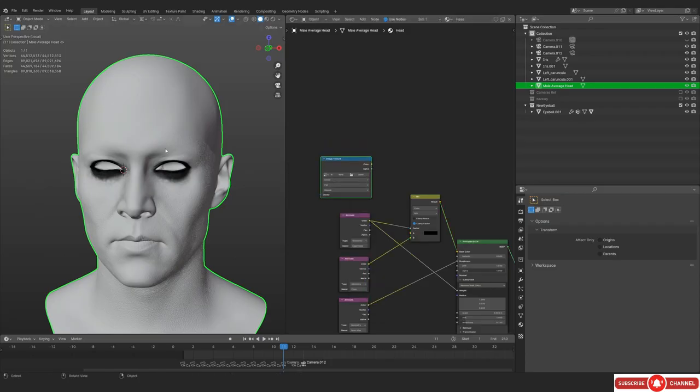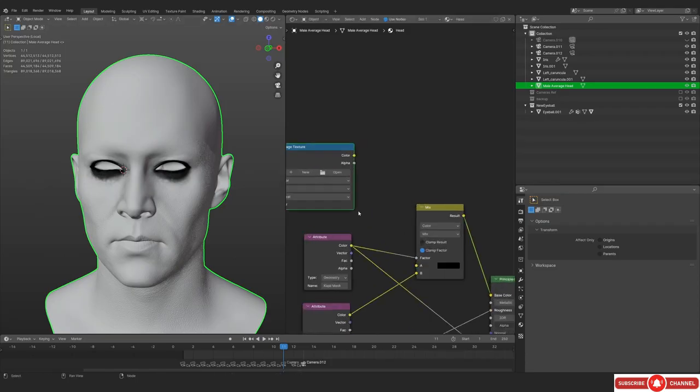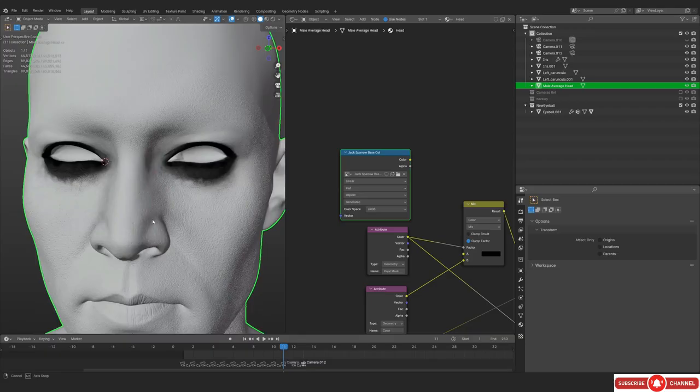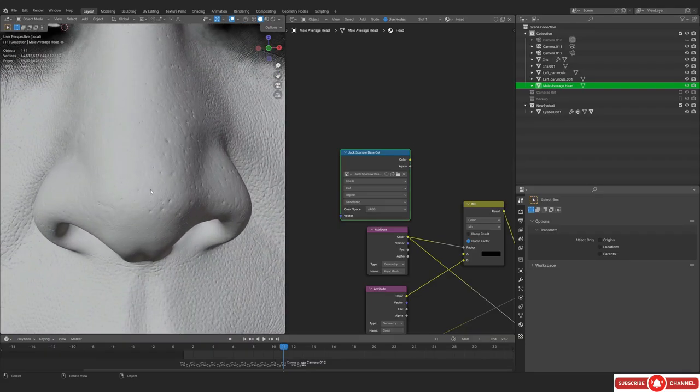So I am gonna be adding an image, and if you do know how to bake, I think it should not be really that complicated. I'm gonna be naming it. I think we're gonna be doing the base color first. Yeah, and this is going to be an 8K map, so that we can capture all the details that we have in the paint. So this is actually pretty simple.